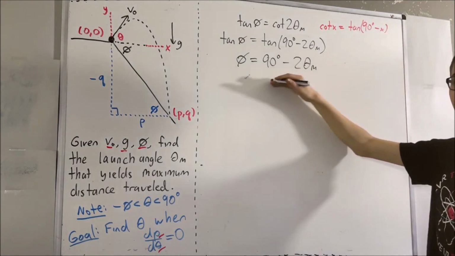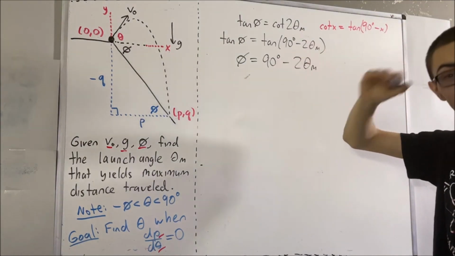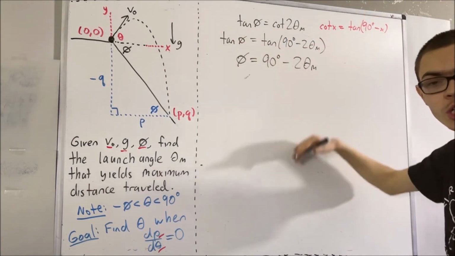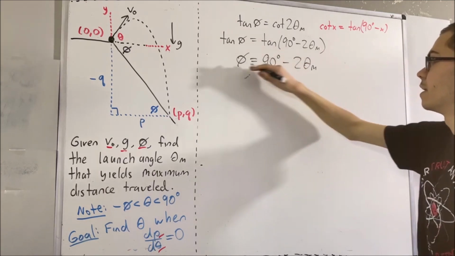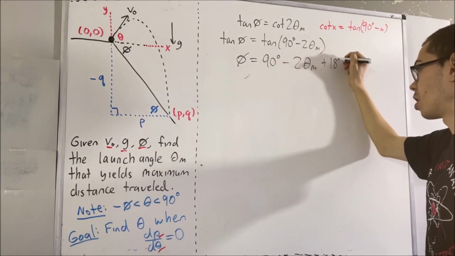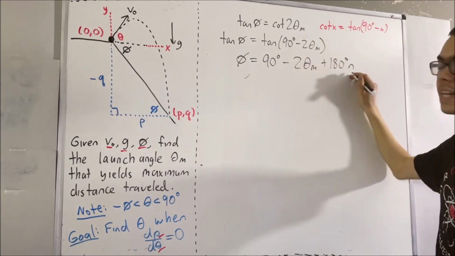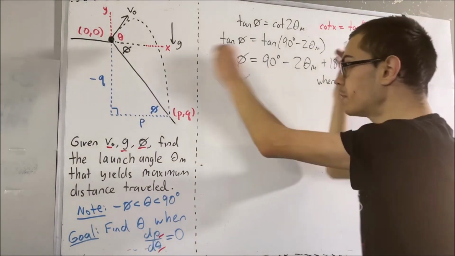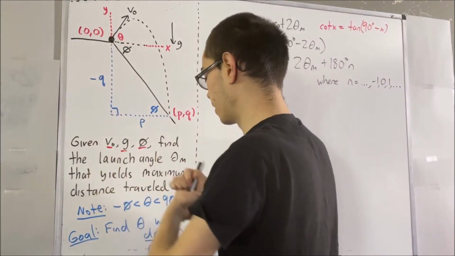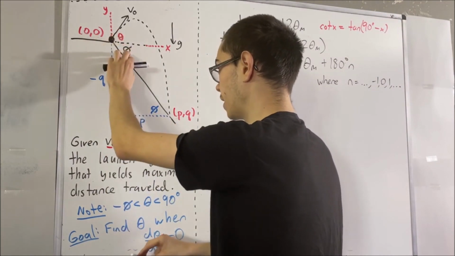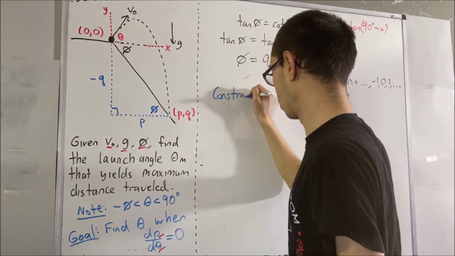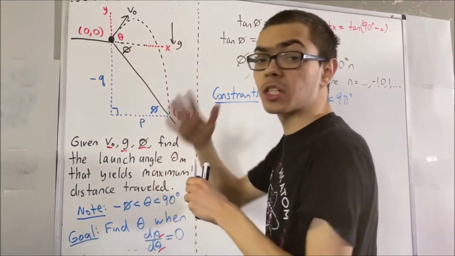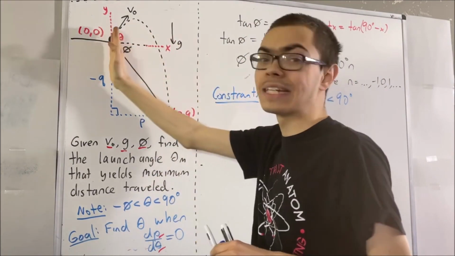Except this isn't exactly correct because tangent has a period of 180 degrees. Therefore, we have to actually add 180 degrees n, where n is an integer. But it turns out, given the constraints of our particular problem, that is, the launch angle can only be between negative phi and 90 degrees, and the angle of the hill, phi, can actually only vary between 0 degrees and 90 degrees,